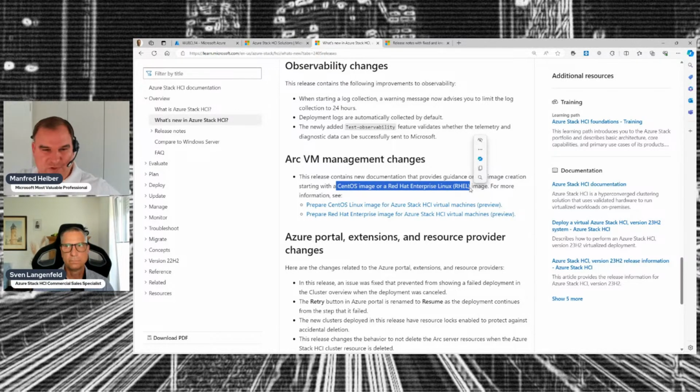More Linux distributions will be added. To clarify, we have a huge list of supported Linux systems: SUSE Linux, CentOS, Red Hat, Oracle Linux, Ubuntu, and so on. So these are the first 2 distributions where Microsoft provides this guide on how to configure an optimized image for deployment. If you are already familiar with this process, you don't need these guides. And if you want to use another Linux distribution and you are familiar with this step,